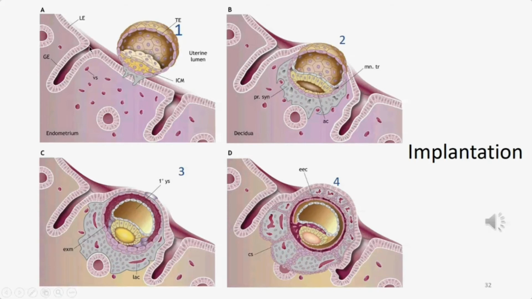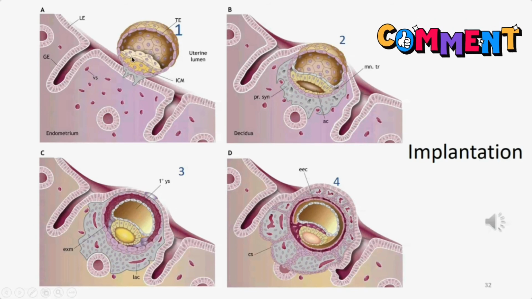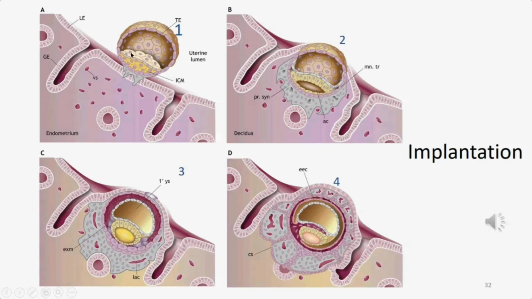Here in figure 1, you can see the trophoblast, the outer layer, beginning to implant. The embryo begins to implant around day 7 and completes implantation around the 12th day. In the first figure we can see the trophoblast, and in one layer there is an embryonic cell that differentiates to the endoderm. In the second figure, we can see the two cavities, the primary yolk sac and the amniotic cavity, and in between there is a germ disc. This part, the ectoderm and endoderm, is known as the germ disc.